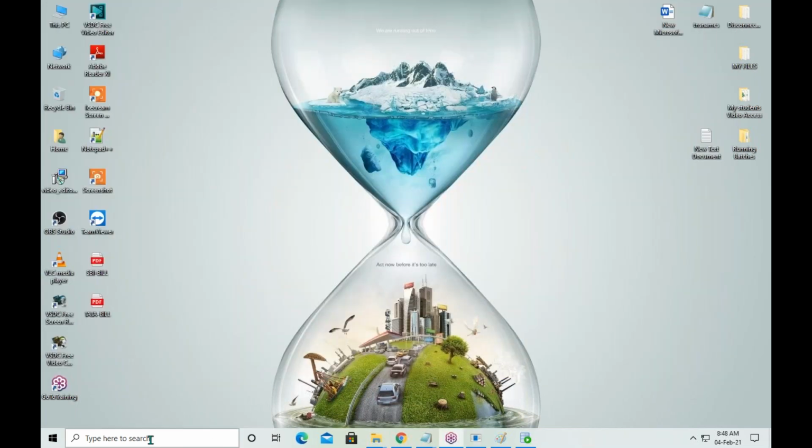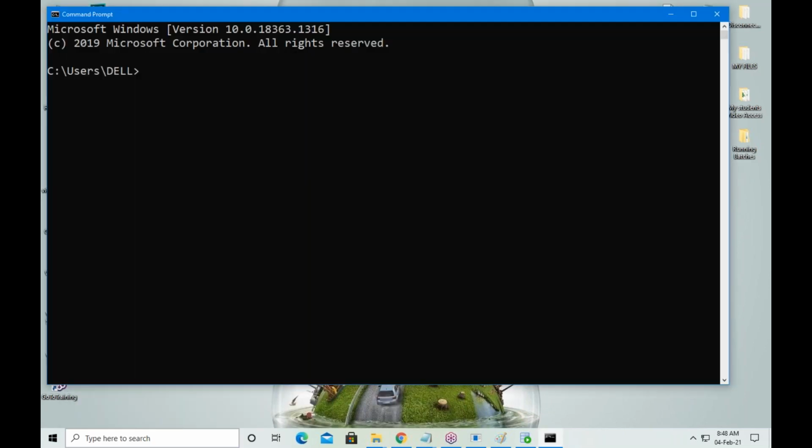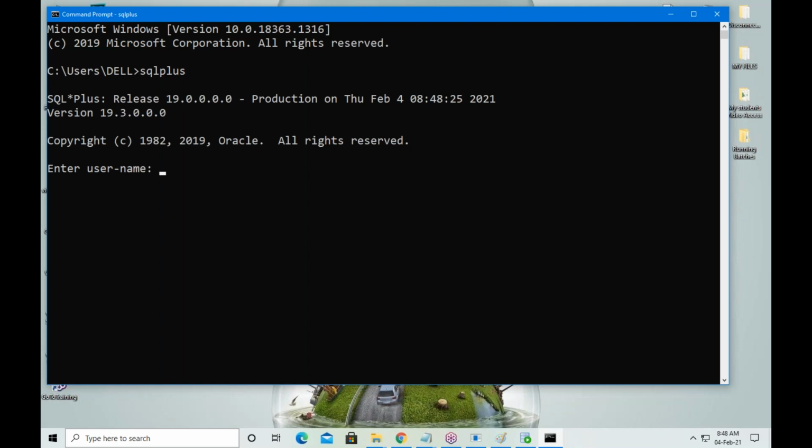And from the command window: open the command window first, type SQL Plus, and press Enter. Then also SQL Plus is opened.